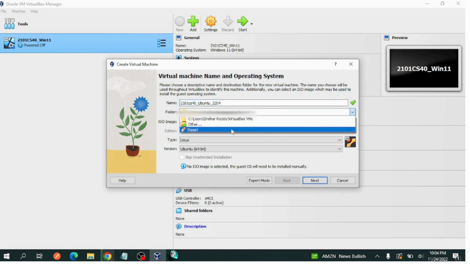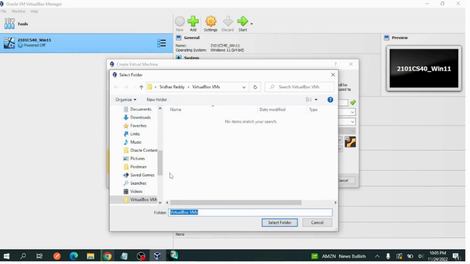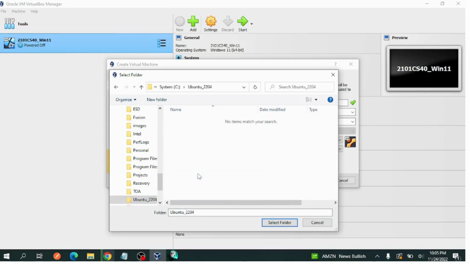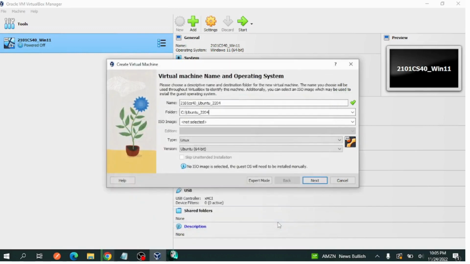Now you click on the folder where it has to be saved. Once that is done,